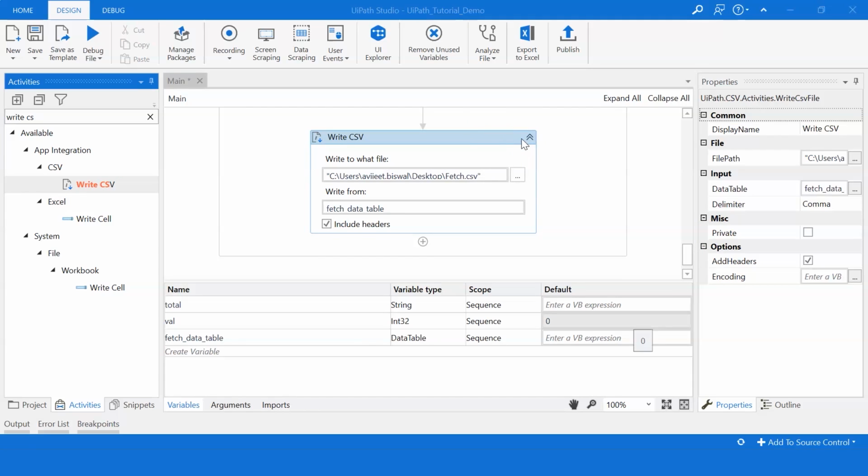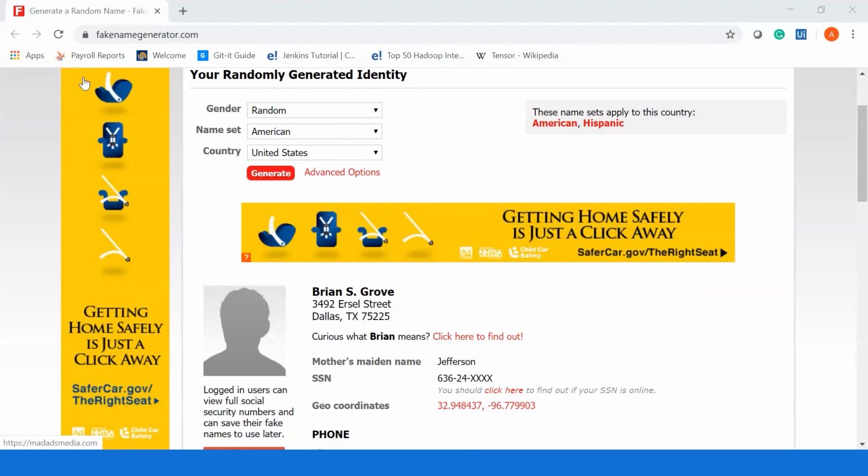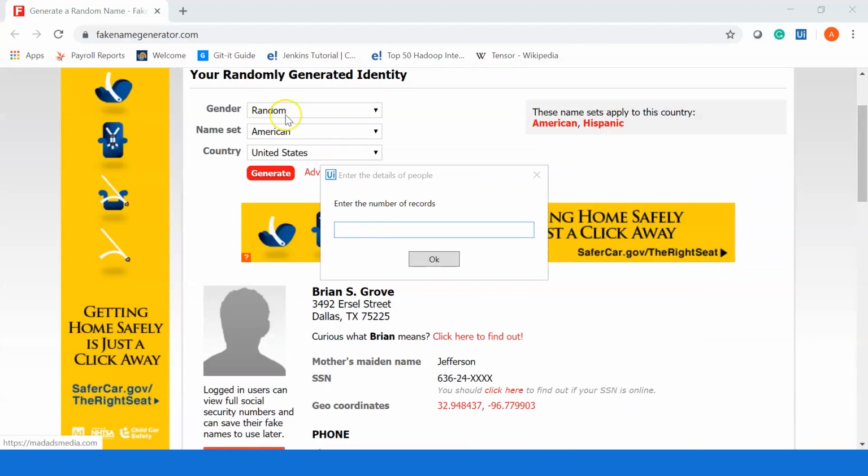We are all set. Now let's run it. So under debug file, I'll select run file. I'll enter the number of records. So let me fetch 10 records. Click on OK.